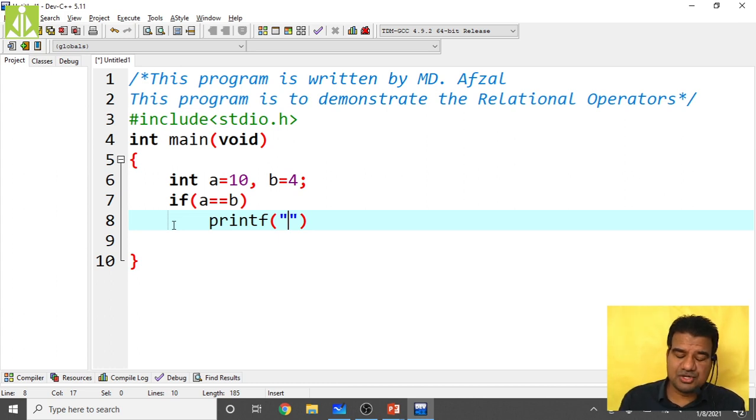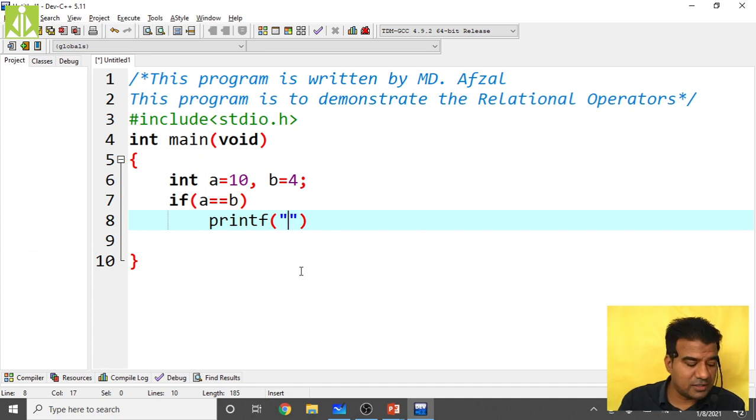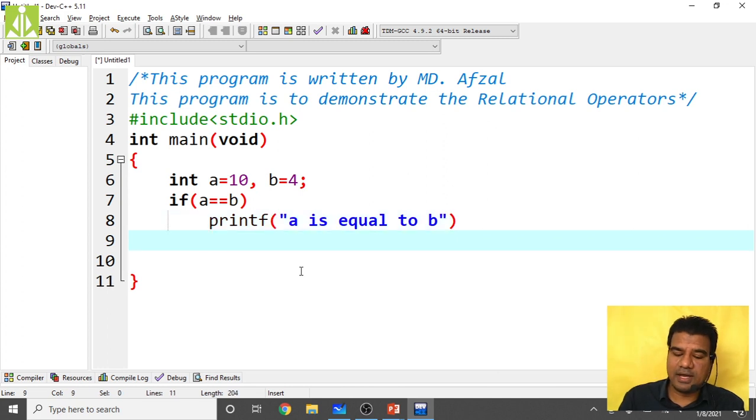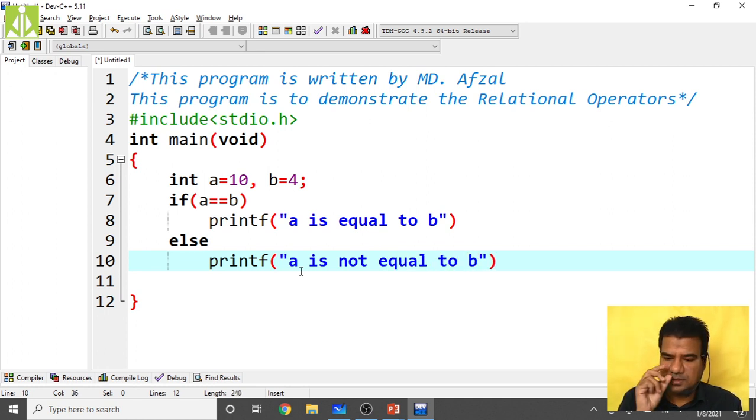If at all this statement is true, I am printing a message that a is equal to b. Otherwise, else, what I have to print? printf, same thing: a is not equal to b. So like this, a simple statement I am writing.